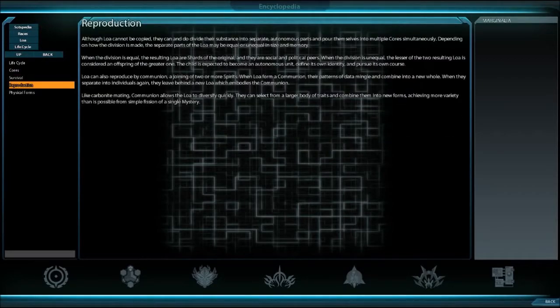Loa cannot be copied, but they can and do divide their substance into separate autonomous parts and form themselves into multiple cores simultaneously. Depending on how the division is made, the separate parts of Loa may be equal or unequal in size and memory. When a division is equal, the resulting Loa are shards of the original, and they are social and political peers. When a division is unequal, the lesser of the two resulting Loa is considered an offspring of the greater one. The shards expect to become an autonomous unit, define its own identity, and pursue its own